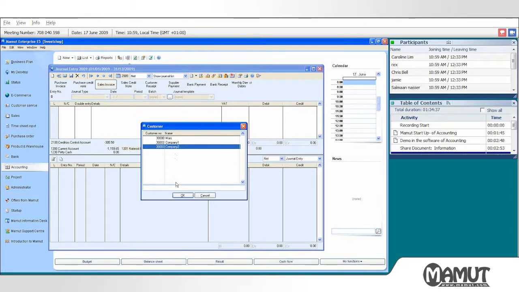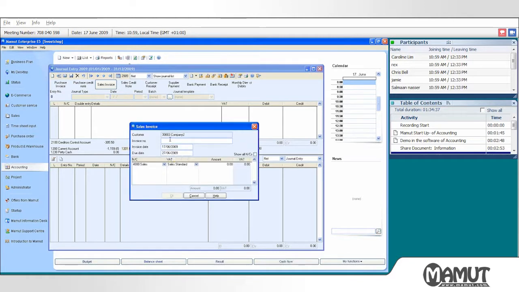We choose the company, the customer. We click OK. We put in an invoice number. You see, when you actually do sales through this section, you have to actually manually put in the invoice number, and it might not tally with your incrementing number system, because this is more like just a manual sale, which you're just putting onto the system, which